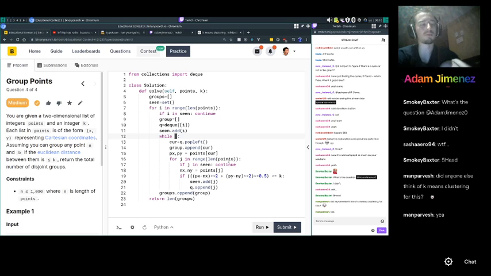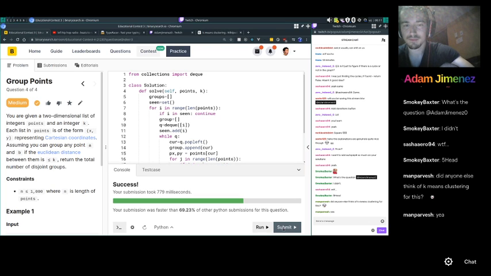So I think the main idea here is like a dynamic BFS, where you have to iterate over each point to find the neighbors, and you don't want to process the neighbors you already saw because they're already placed in the group. So when you exhaust all the points that can belong to the current group, you add the current group to the list of groups, and then continue iterating over the rest of the points to see if there's any point that you haven't processed yet, using the seen set to know if you processed it. And then you return the number of disjoint groups. Ta-da!